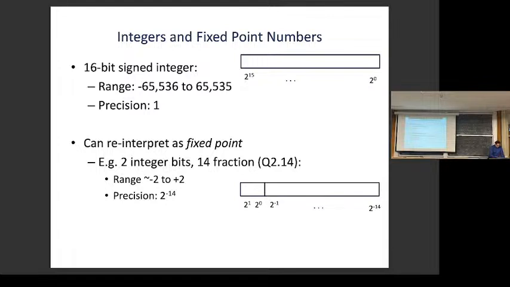And our precision is 2 to the -14, because that's the value of our lowest order bit. So we can represent numbers that are 2 to the -14th apart, and we don't overflow until we get to +2 or -2. So all we're doing basically is still using a 16-bit integer,